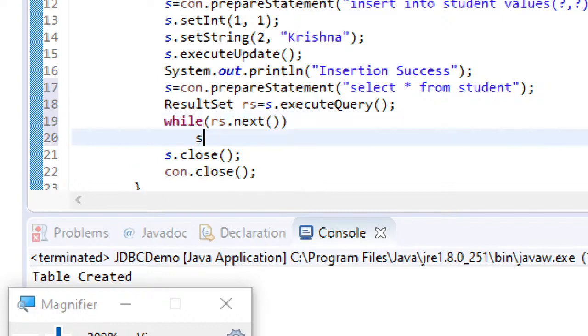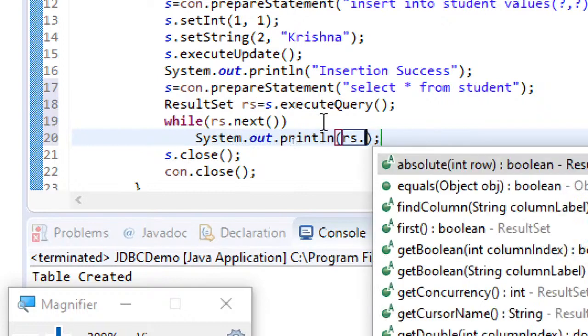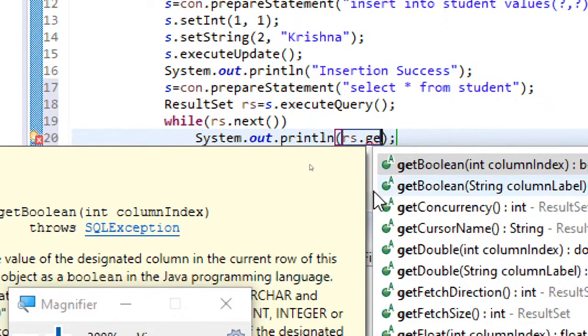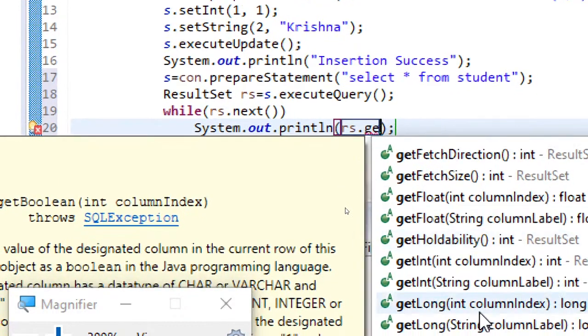And then within this, System.out.println rs dot. So just like how you have set the values using setInt, similarly here we have methods to get, like here getInt.